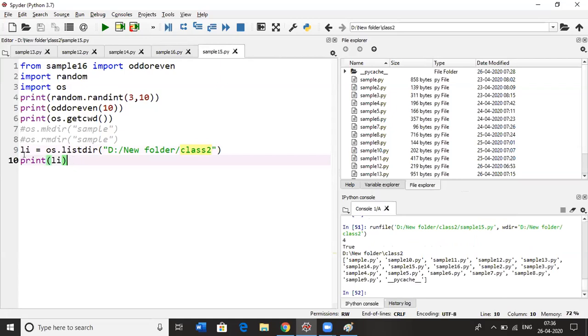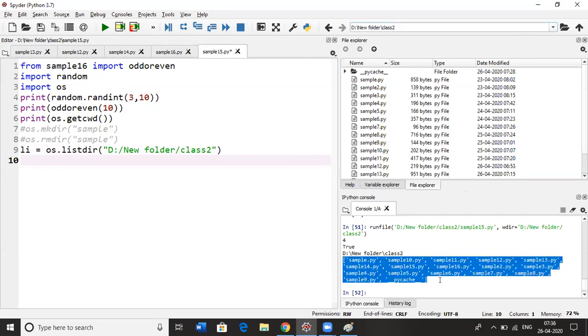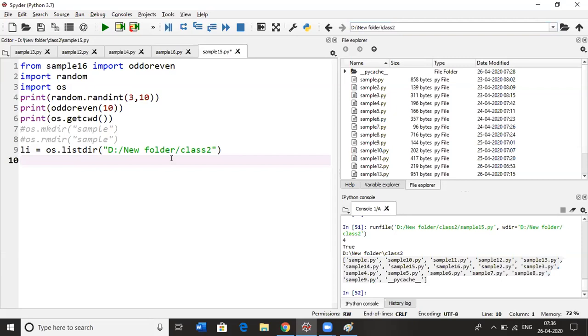Whatever files and folders are in this folder, in this class 2 folder, it will give you a list of file names and folder names. And one more we have is walk.